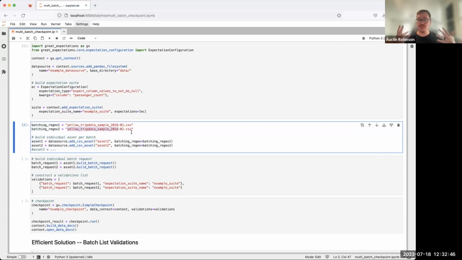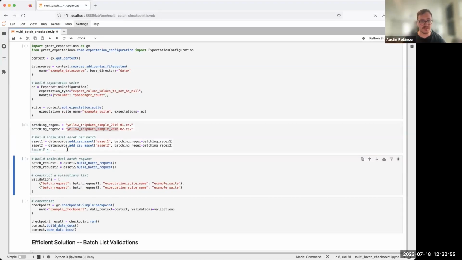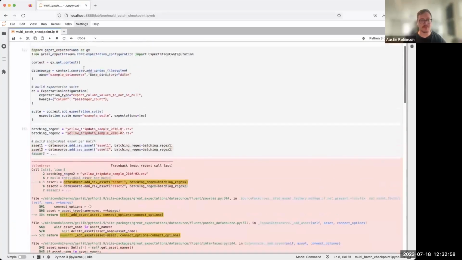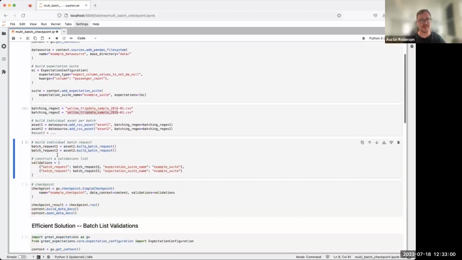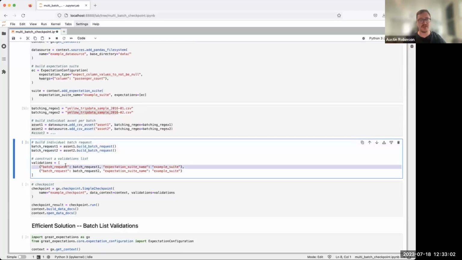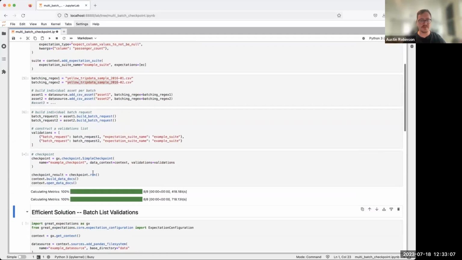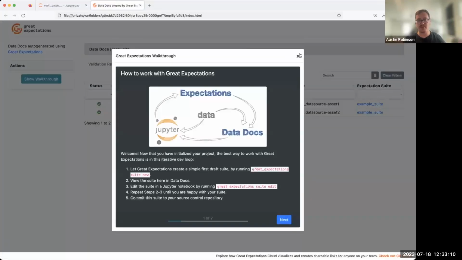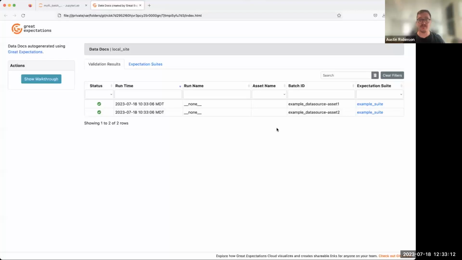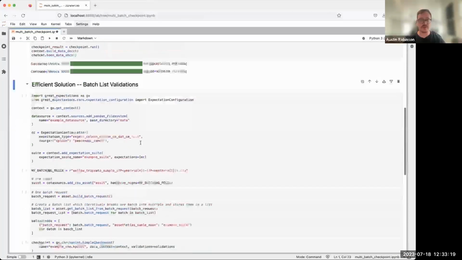In the case of 2 files that we want to validate, that's not the end of the world, but what if we don't know how many files we're going to validate? What if we don't want to have to explicitly build assets and batch requests and validations for each one of those files? This works. We get our validations, but you can see if we had 50 files, 1,000 files, n number of unknown files, this could be a huge problem.